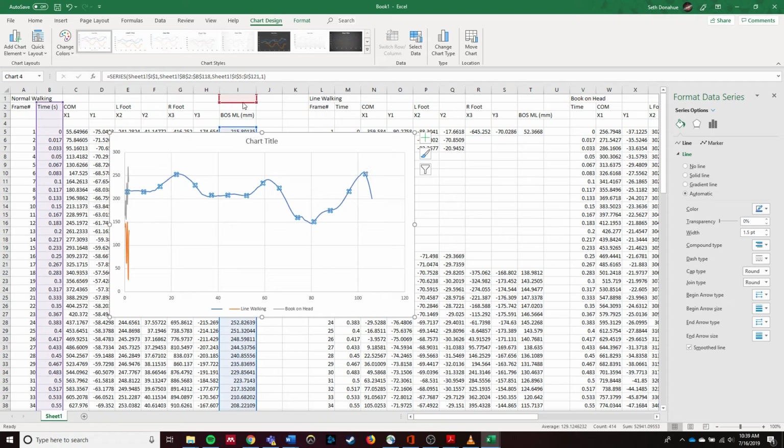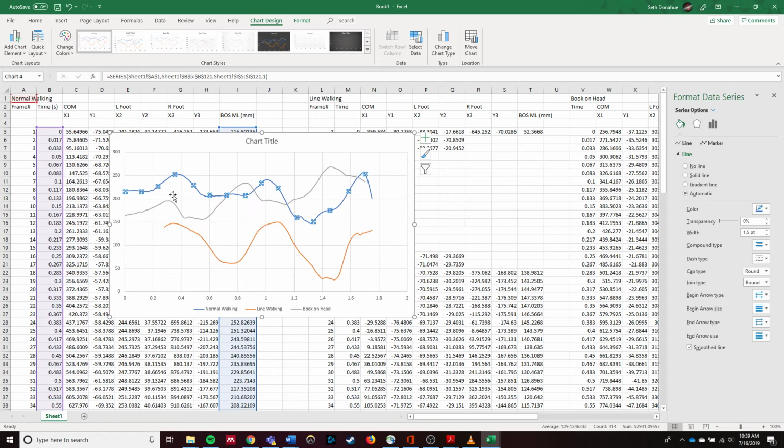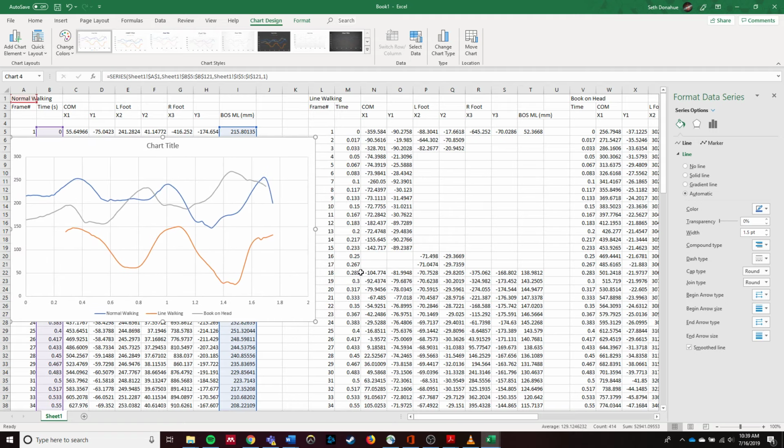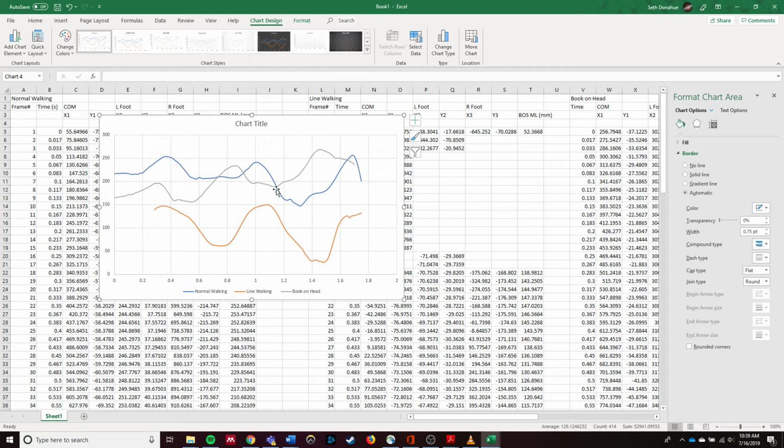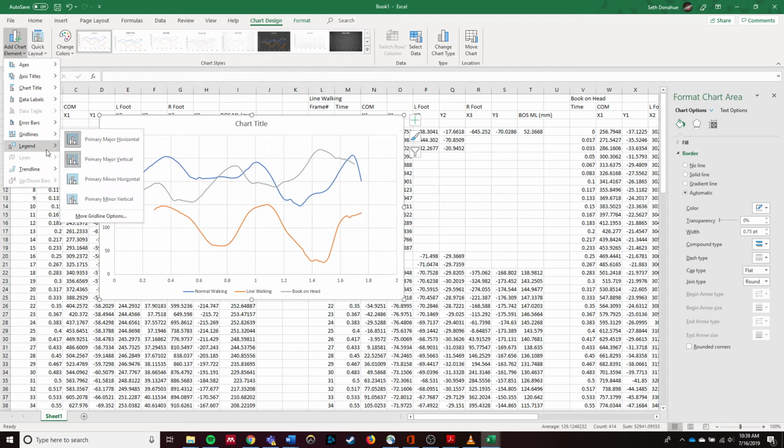And now that'll go over there. So now we have trials starting at 0 and starting at a little bit more than 0.2 seconds, and that makes sense because right here it starts at 0.28 seconds, and they all go out to about the same distance. But you'll see now that when we insert our legend,